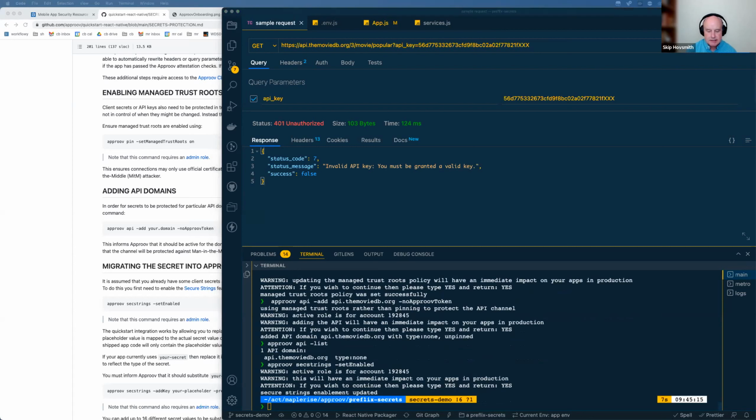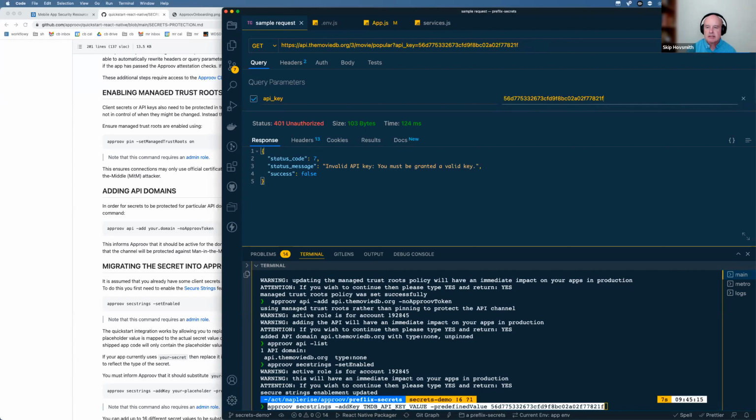Oh, of course I did, yes. So the other thing we need to do is to go ahead and add our API key off the device. So we're going to actually add that into approve. So I'm adding it here as a placeholder value called the movie database API key value. And this is the value, which was the same one.